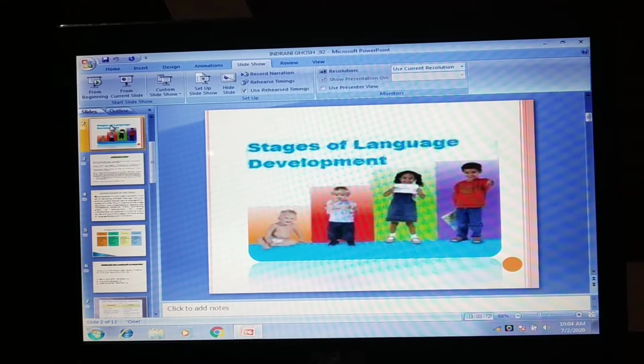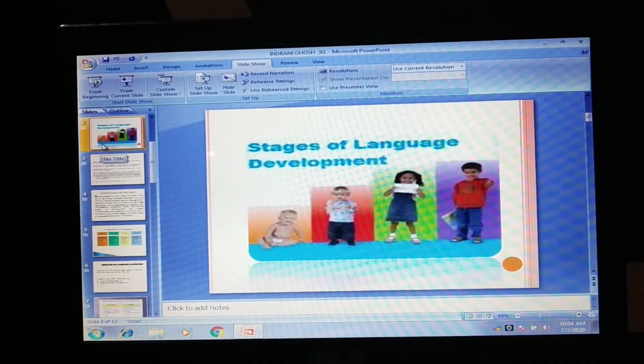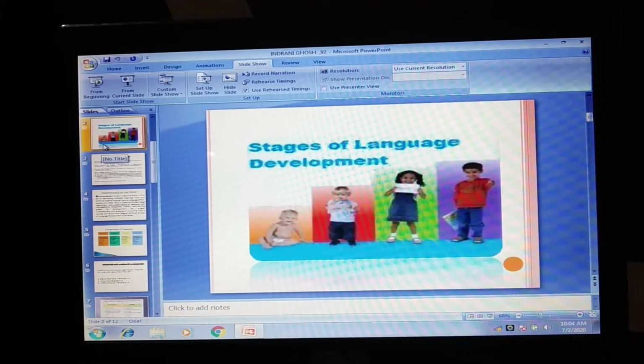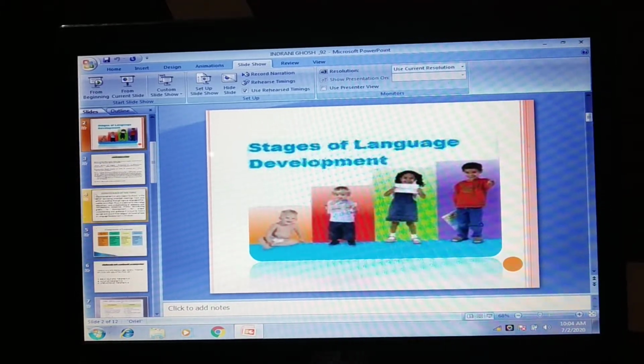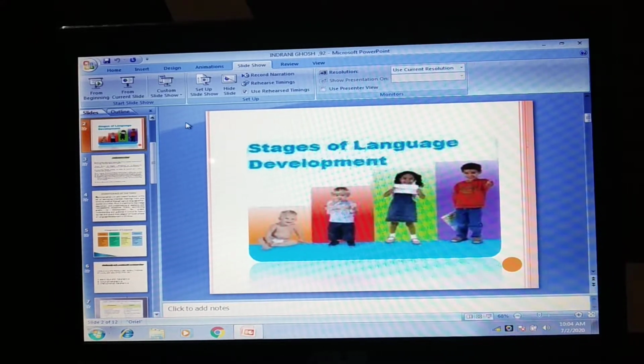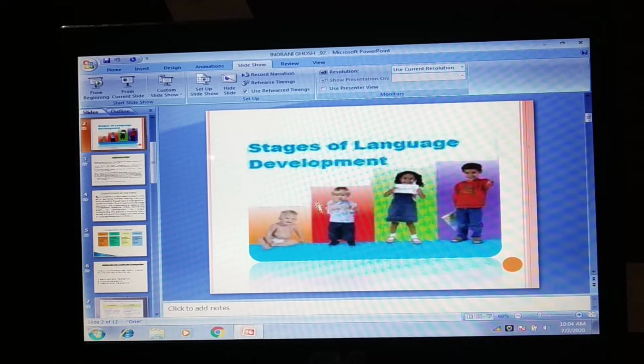I want to make these slides run and give you an idea of how an MS PowerPoint presentation slideshow looks. When I run the slides, you will see that the slides will move one after the other, and this is the side where I am moving the arrow.